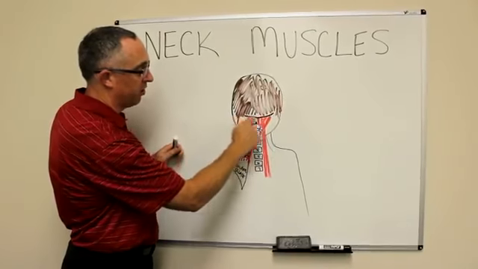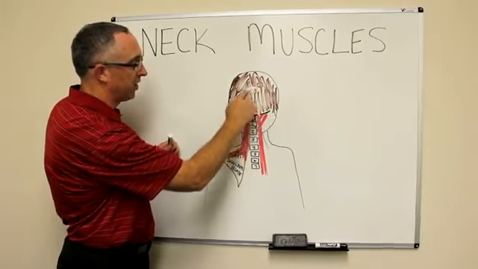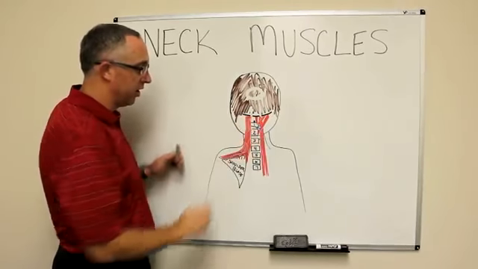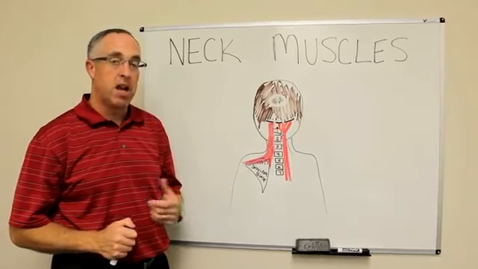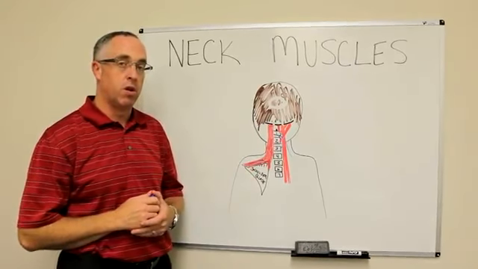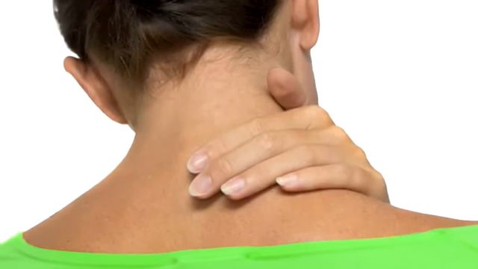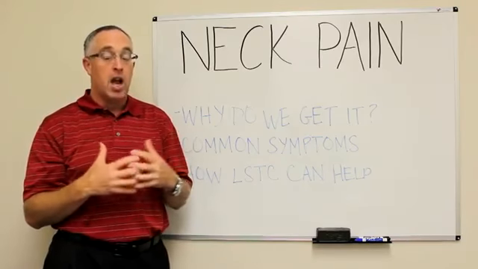All of those muscles originate from the base of your skull. When those muscles get tight, they pull down, and that's what causes that headache that you feel. Then that pressure down is what starts to create the potential for that crick in your neck, the radiating pain down your arm, and all of those symptoms that get worse. That's your number one sign that something's not right and you've really got to get it checked out. We can help you with that and check it out really easily and help you get on the course to feeling better.